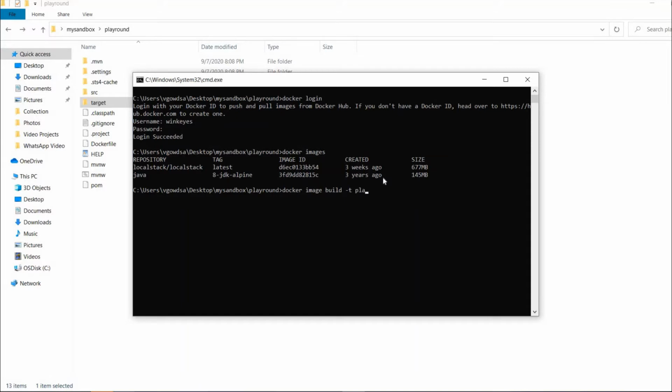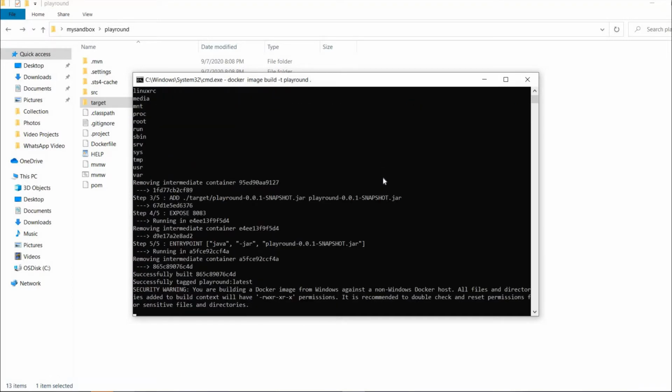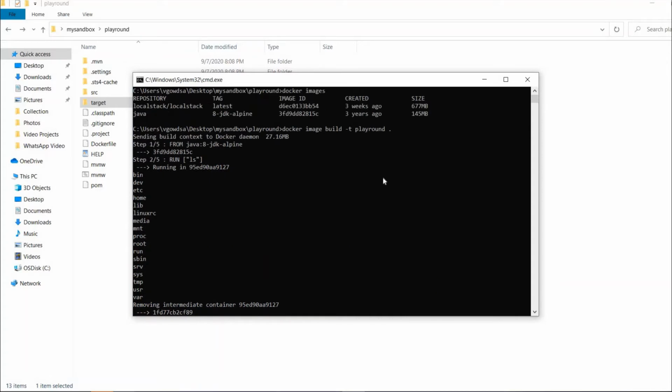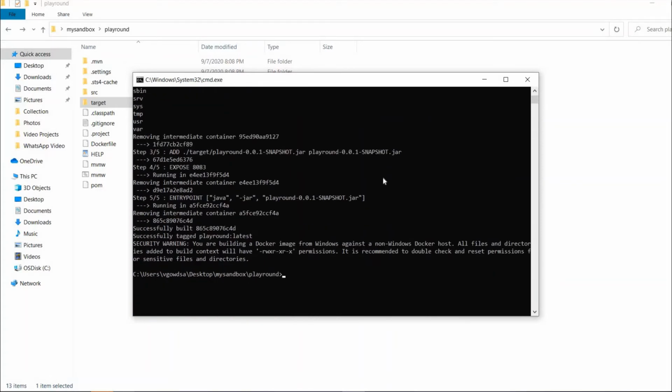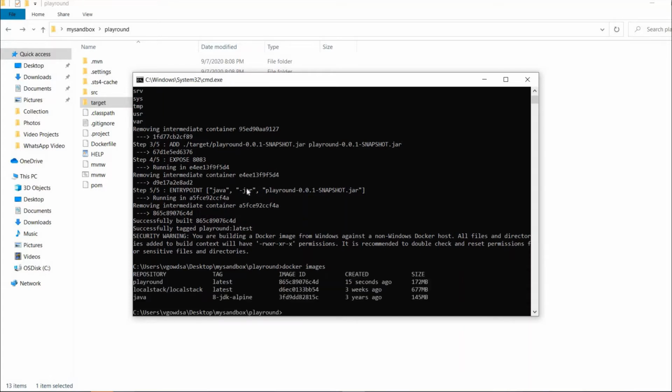Since playground is the one which I usually use for the application, I'll keep the same, and since it's in the current directory, dot. Okay, the daemon ran and the build was successful. I can see 27 MB is the build size. Okay, docker images, the same command I'm running again now. I can see playground is the image which I have now.